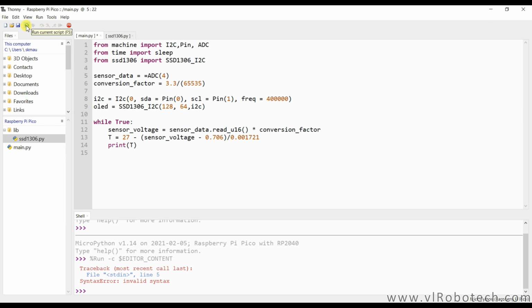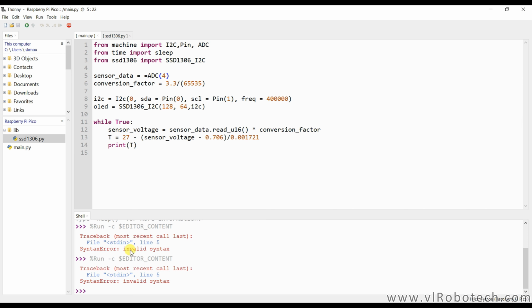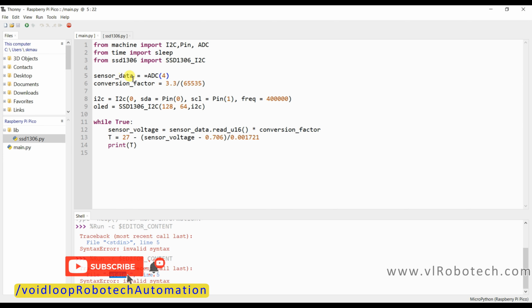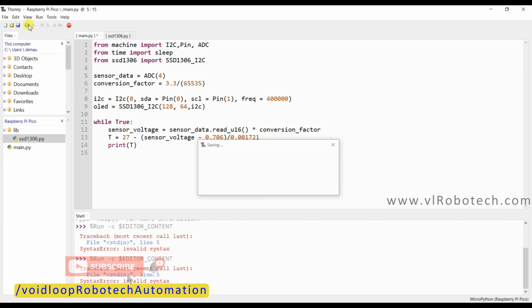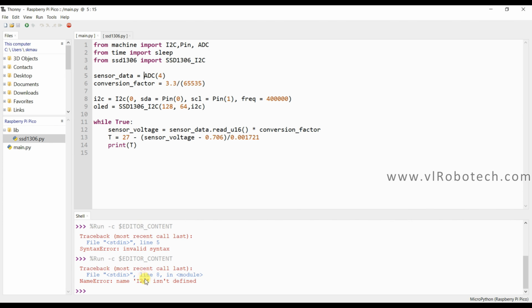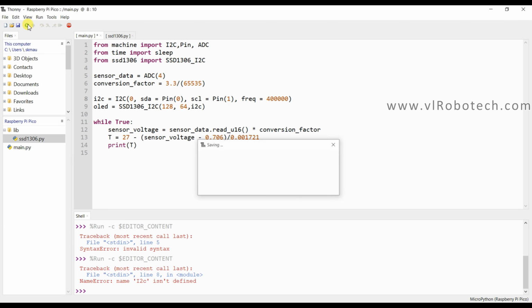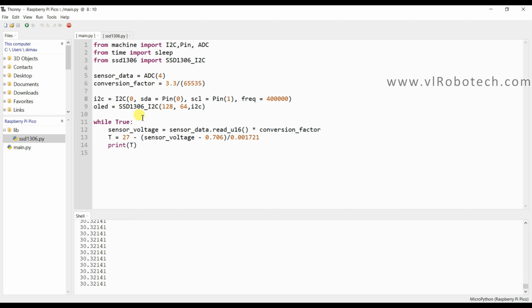Now click on the run button. Again run. The name needs a capital letter. Again run. Wow, it is printing the temperature.